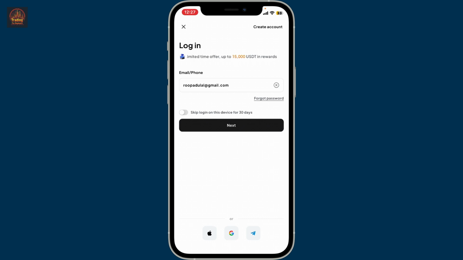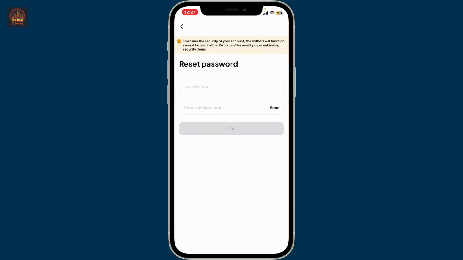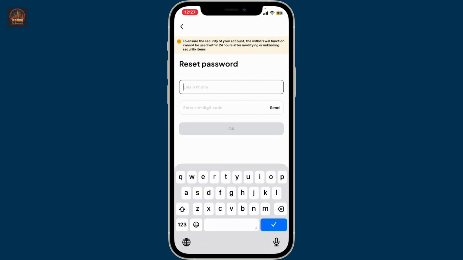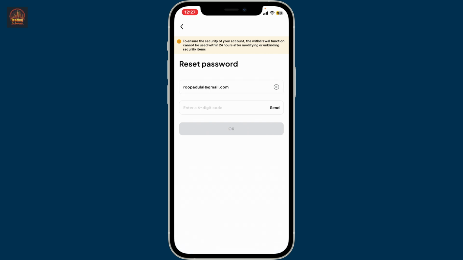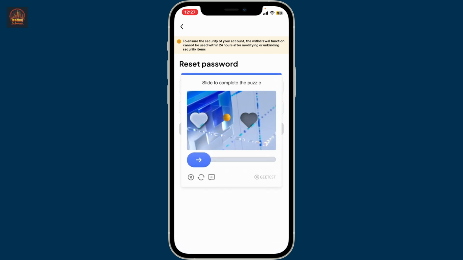If you don't remember your password, click on the Forgot Password link underneath the Email tab, and on the next page, write down your email or phone number associated with your Toobit account. Once you are done, click on the Send button underneath and you'll receive a 6-digit verification code sent to you